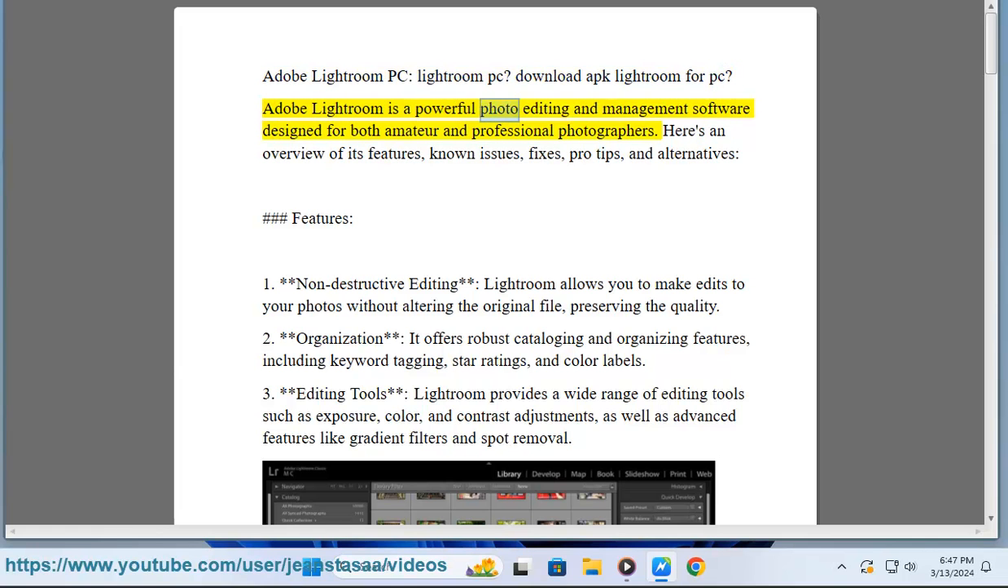Adobe Lightroom is a powerful photo editing and management software designed for both amateur and professional photographers. Here's an overview of its features, known issues, fixes, pro tips, and alternatives. Features. 1. Non-destructive editing. Lightroom allows you to make edits to your photos without altering the original file, preserving the